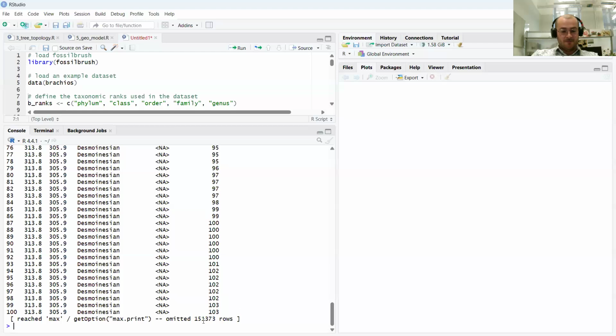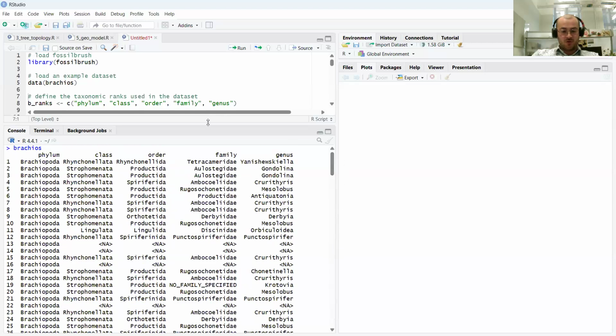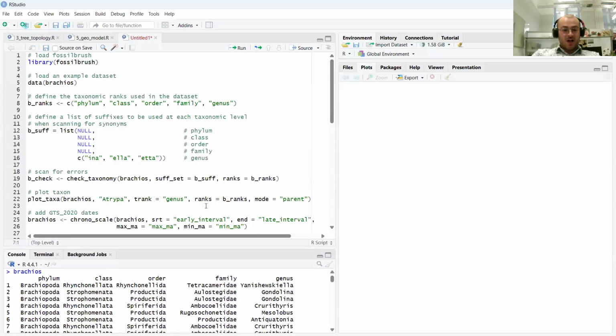So you can see it's just 150,000 odd brachiopods from all across the Phanerozoic. I mentioned earlier that the Palaeoverse database is actually not too bad in some regards at trying to make data, if not correct, but at least consistently formatted. But there are still errors to be found even in this static data set,